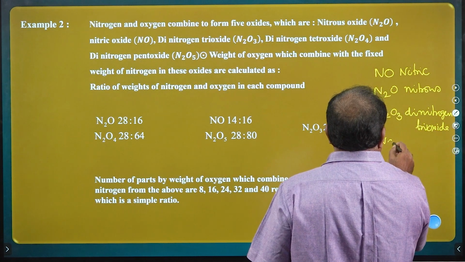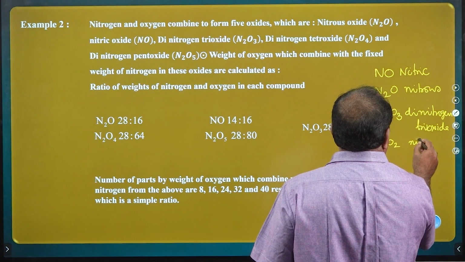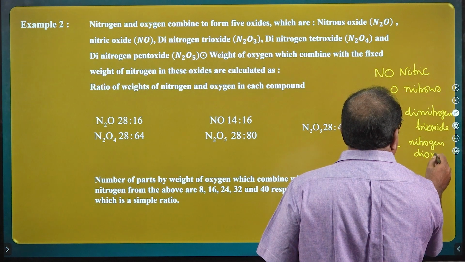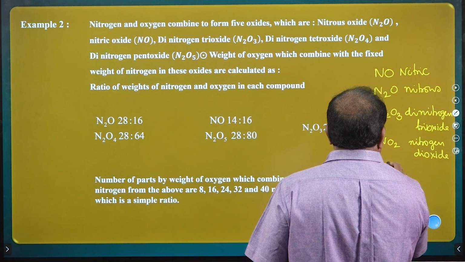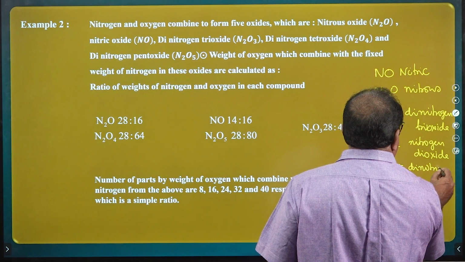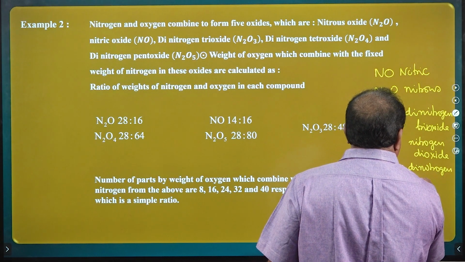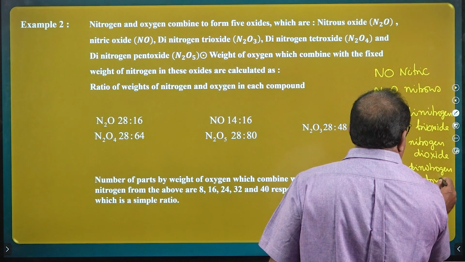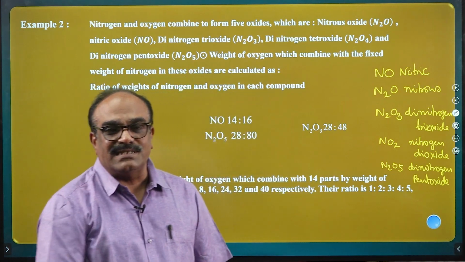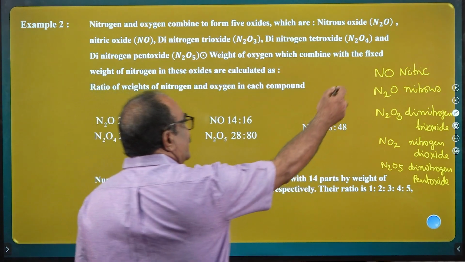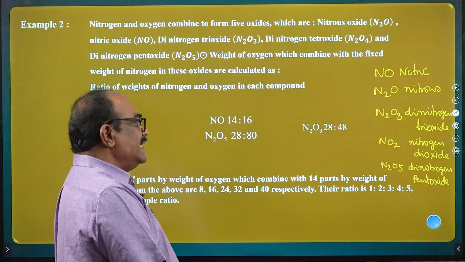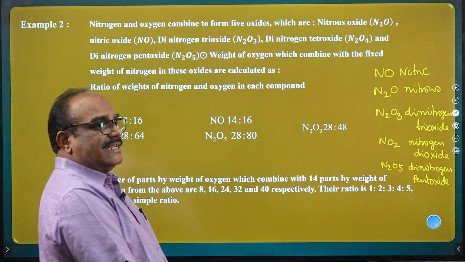Next NO2, nitrogen dioxide, and the last one N2O5, dinitrogen pentoxide. Like this, 5 different oxides are possible. The same nitrogen and oxygen combine to produce 5 different chemical compounds: nitric oxide, nitrous oxide, dinitrogen trioxide, nitrogen dioxide, and